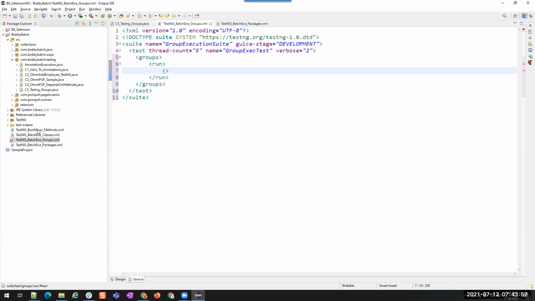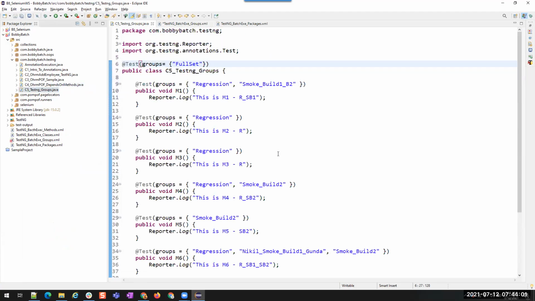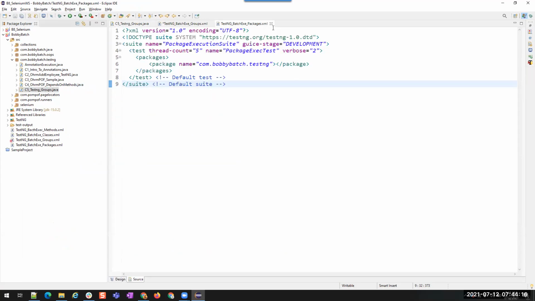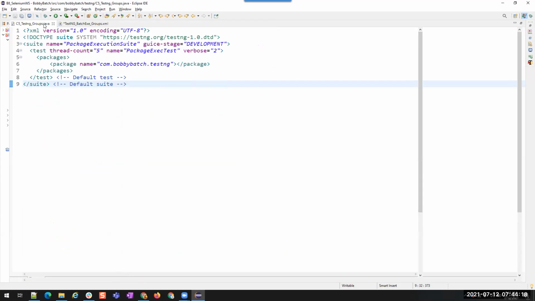Suppose I want to include all the classes, all the methods of this particular class, but I want to exclude regression test cases. Then you can mention exclude. If I want to execute only regression test cases, or only smoke build 2 test cases, you can use include. These are groups.